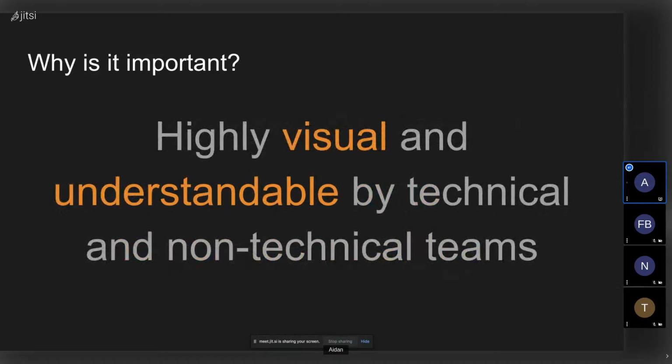And then it's also a highly visual and understandable concept by both technical and non-technical teams. If you've coded your domain model into your app and you have a representation of that in a class diagram or some other kind of visual representation of the domain, you can show that to technical people, new technical people joining your team, or maybe outside. Say you have to integrate with a third-party system, you can show them, hey, here's our domain model. How do our objects correspond to